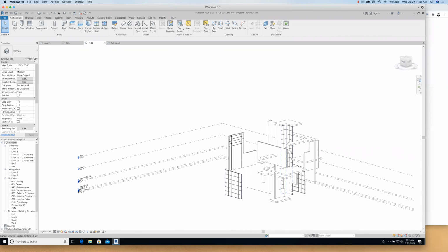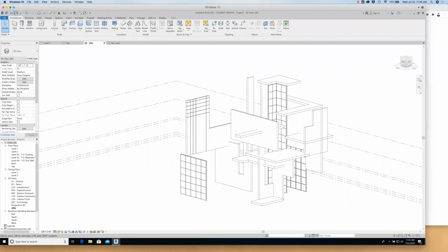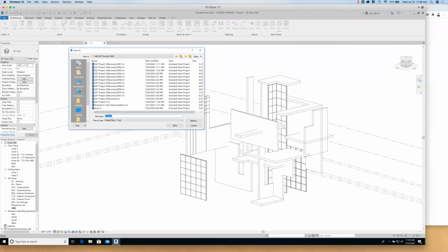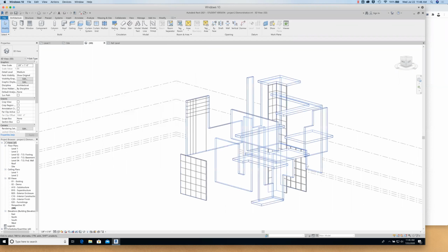Once you've done all of that, the next step is simply to save. And I recommend saving a Revit file. So I'll call this project 2 demonstration or something like that. I'll just do that for now, okay? That way, if I need to go into Revit and adjust anything I can open up that Revit file again, all right? But in the meantime, I also need to make a file that I can bring back into Rhino,